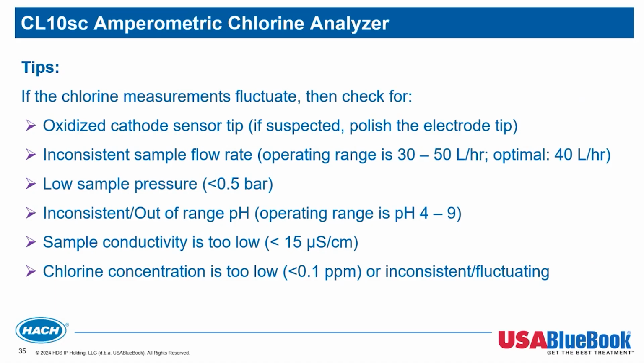So some tips if you're having some issues with the readings or you're noticing some wide fluctuations. The general rule of thumb is, again, go ahead and try out that preventive maintenance checklist, especially focusing on the fact that your sensor tip might be oxidized. So it might be a good idea to polish that up, and then go through that checklist of making sure that we're hitting all of these parameters, that we have that good consistent flow rate, good sample pressure, that our pH and sample conductivity are not out of range, and that we're in a chlorine concentration that's above 0.1. Again, if we're at 0.1, we probably want to look at maybe some other method of